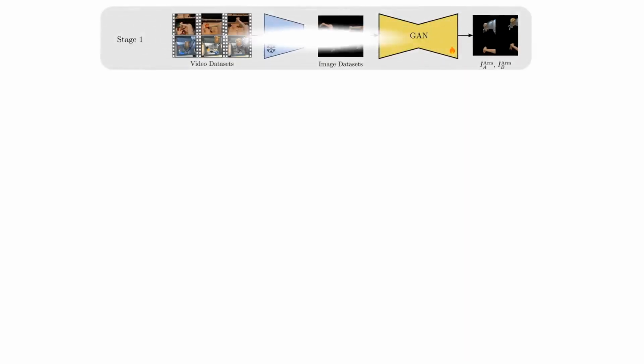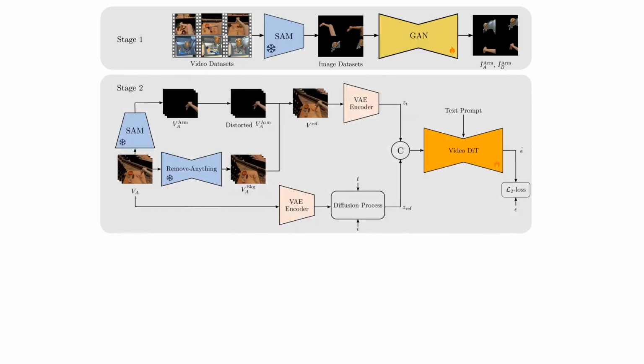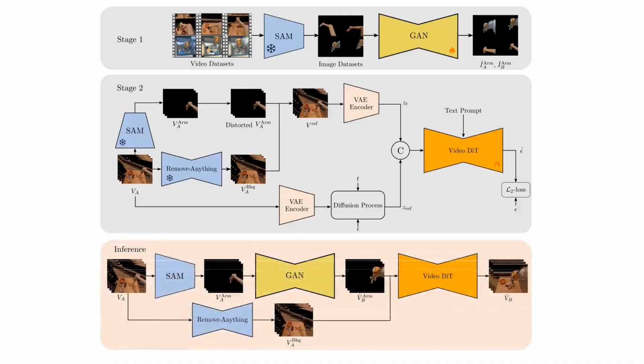RoboSwap introduces a video editing pipeline combining GAN and diffusion models. First, an unpaired GAN transforms one robotic arm into another after foreground segmentation. In the second stage, the transformed robotic arm is fused with the original video background, and a diffusion model is used to optimize the result, enhancing overall video consistency, motion realism, and interaction plausibility with objects. The two models are trained independently, with the GAN's output serving as the diffusion model's input during inference.